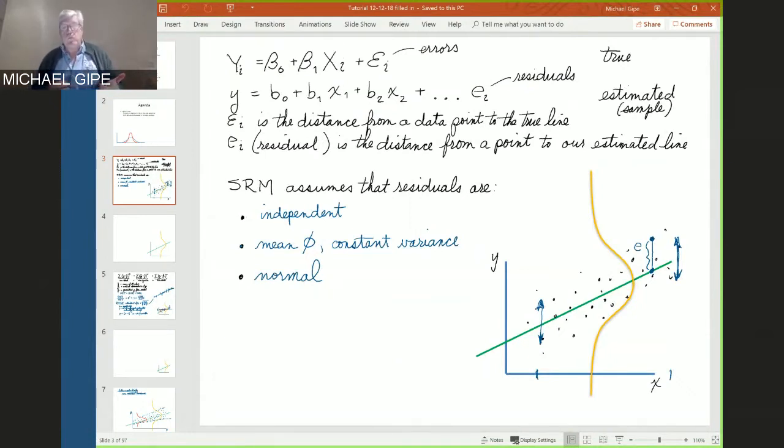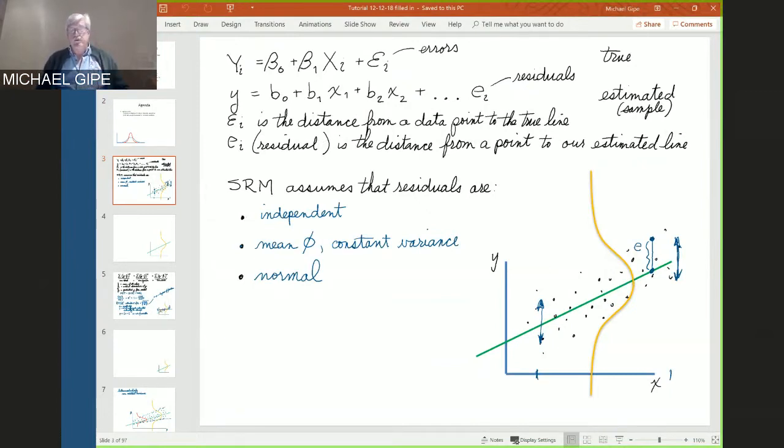If you have more than one explanatory variable, you'll have a beta 1, beta 2, beta 3, and so on. And finally, we've got an error term, a unique error for each particular example of the explanatory variable. This essentially encompasses all of the stuff that's left out that we don't have any information on